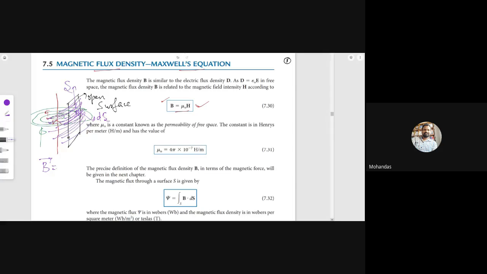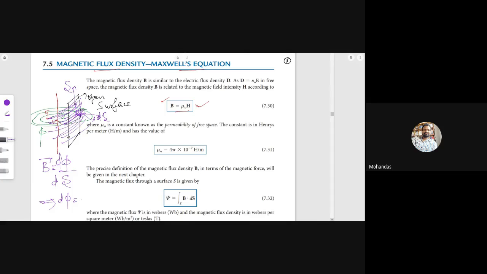Magnetic flux density. How to define magnetic flux density? Magnetic flux density can be defined as total number of flux lines by total area. If I take a differential surface area, then I have to replace this S by ds, and the flux lines are also differential flux lines. From this equation, I can write the component of magnetic flux lines along this differential surface is given by d phi.